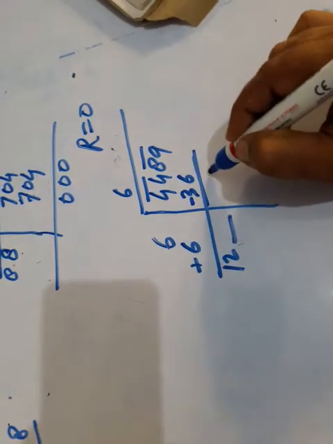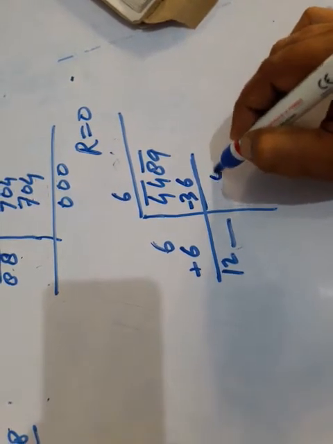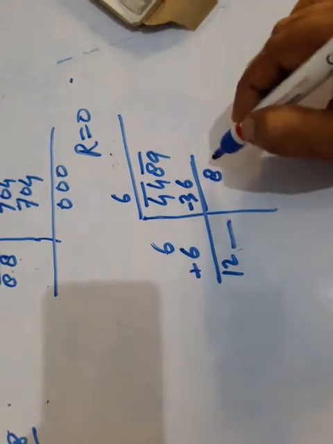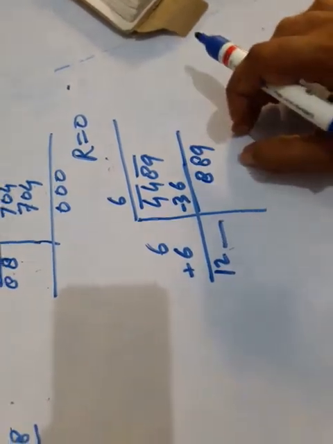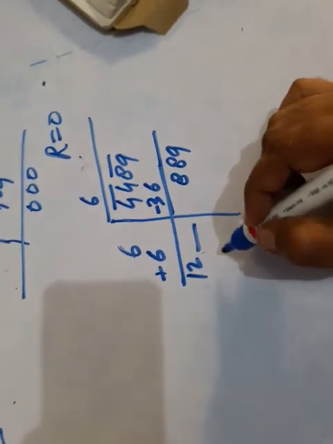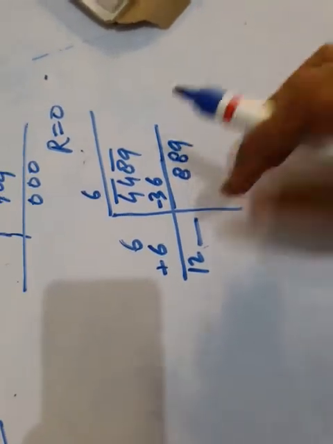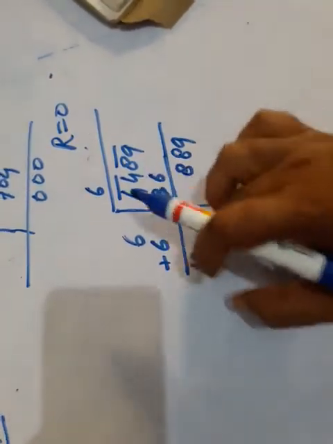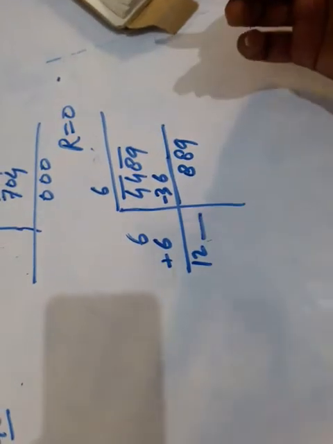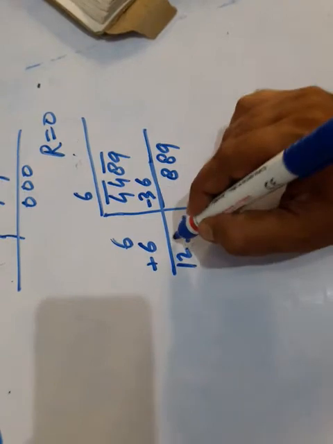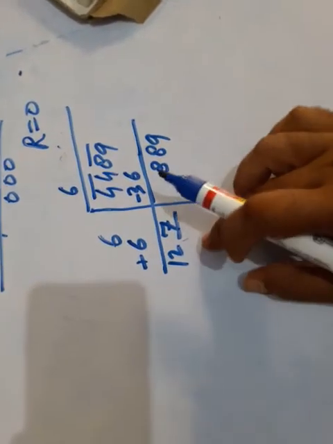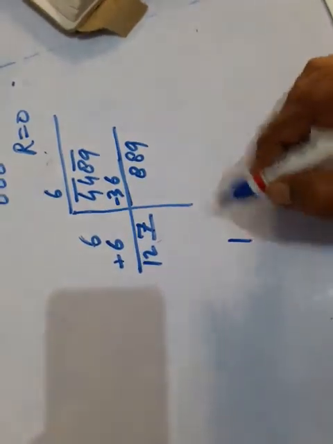44 minus 36 equal to 8, children, and this is 4 minus 3, the remaining digit being 0. This 89 is carried down. 89 is the pair, 89 is carried down. Now select a digit in such a way that if you multiply this entire number by that digit itself, it may not exceed 889. So let us select the digit 7. Now this number became 127.